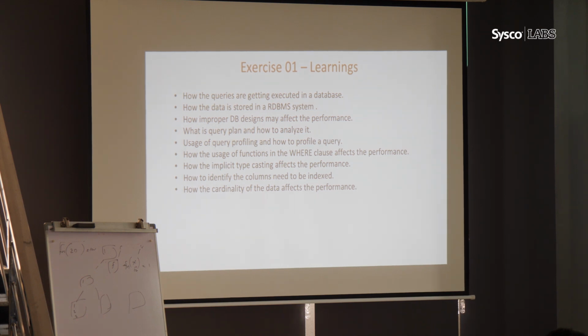We have also learned what happens if we apply a function on top of a column, and what implicit typecasting is. What happens if you don't consider the data types that the table has when you are querying the data. And we learned about cardinality, how it impacts selecting column order, how it matters over time, and how it can result in a kind of time bomb situation.